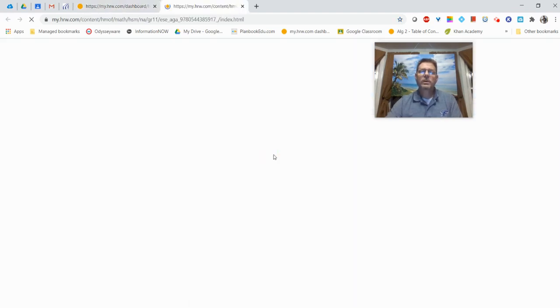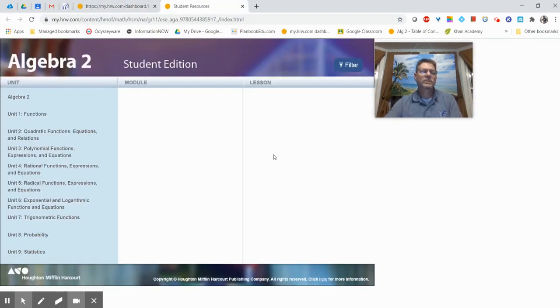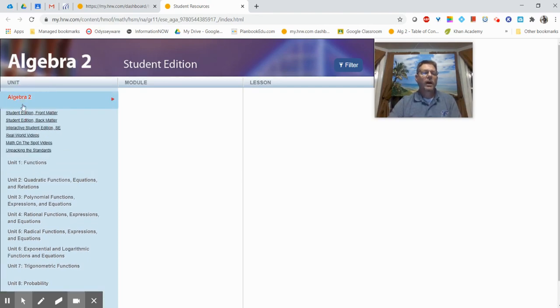Okay, so let's go in here and take a little tour of what you're going to be able to see. And this is the same for Algebra 1 and Geometry as well. So the first up here in the upper left-hand corner is Algebra 2. So when I click on that, I'm going to see the stuff that you usually see in the very front of a textbook, or maybe in the very back of the textbook, or just general resources altogether. Okay? And so the stuff you see in front, the stuff you see in back, maybe table of contents and all kinds of things, reference materials in the back,